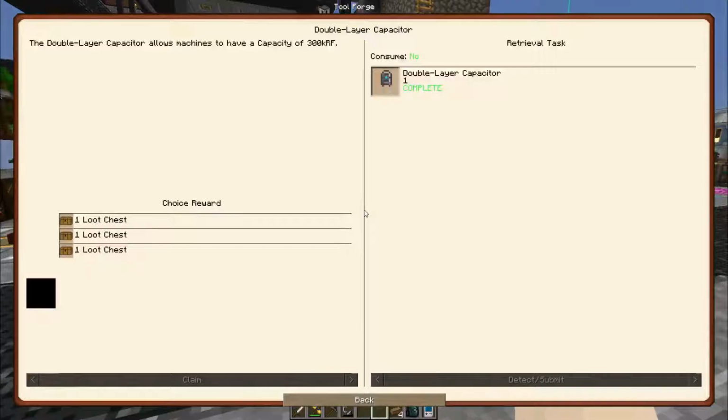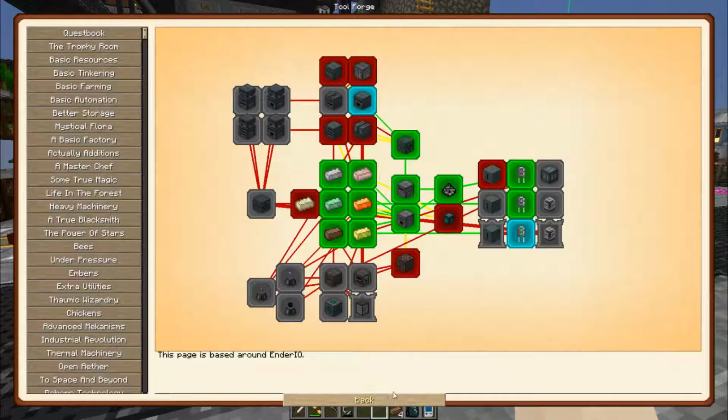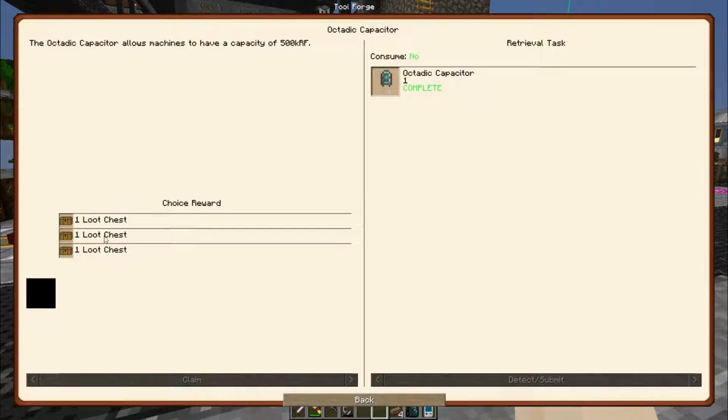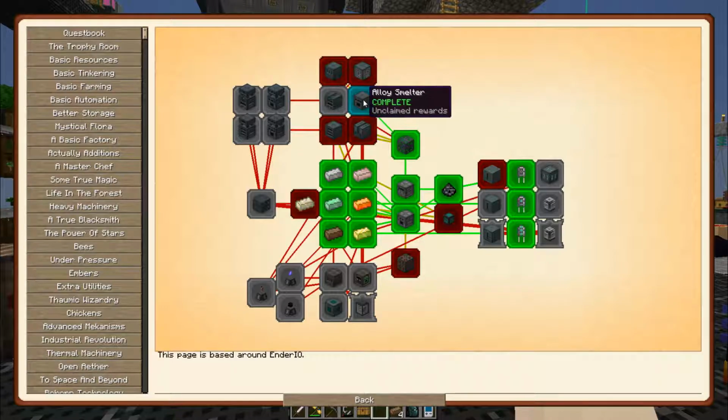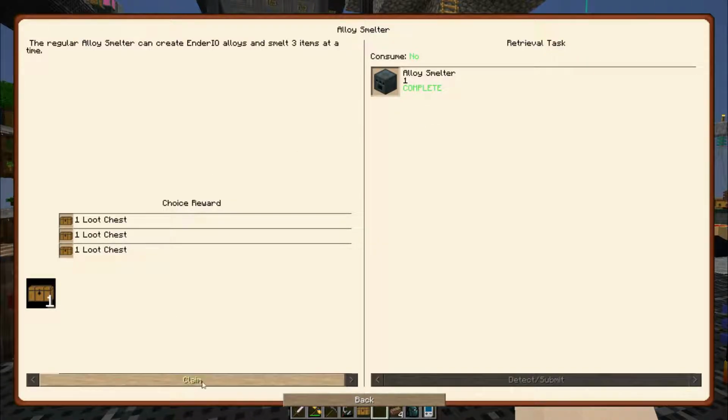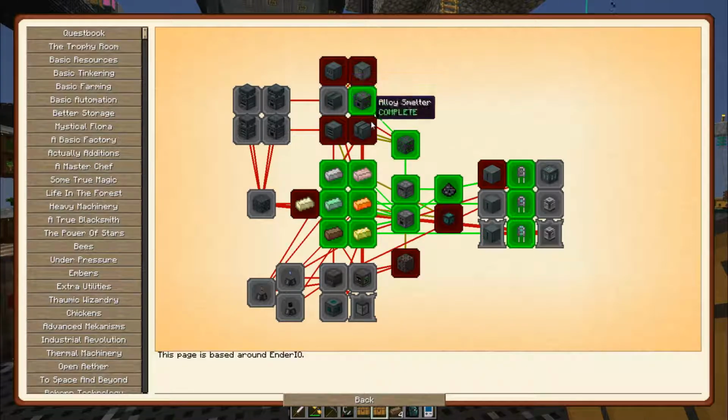Okay, so let's look at the quest. We got the double layer. We even got the octadic capacitor. So let's grab that, and let's look at where we are with the quest lines. We've also made the alloy smelter, so I might as well claim that. So now we've unlocked the sag mill, the fluid tank, the painting machine, the vat, and the painting machine is